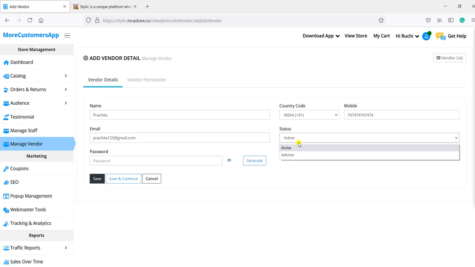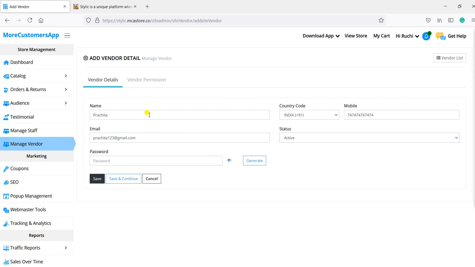Now you can see there is a status of active and inactive. This will be more useful for you after you create the vendor. By default, as of now, it will be active only. In future, if you want that vendor to be inactivated from your store, you can click on that.